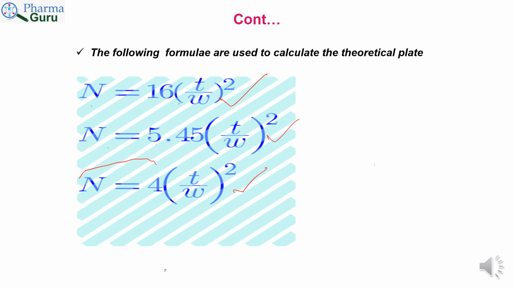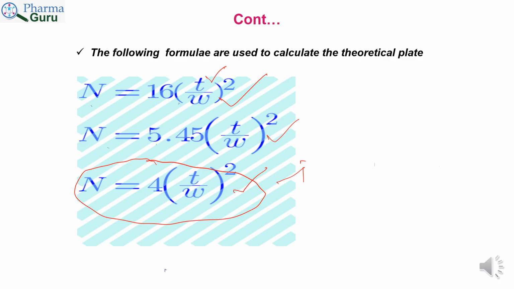This formula is also used, but it is rarely used in industries. I am not going to discuss the same. Out of the two, formula 1, N is equal to 16 (T divided by W) whole squared, is widely used